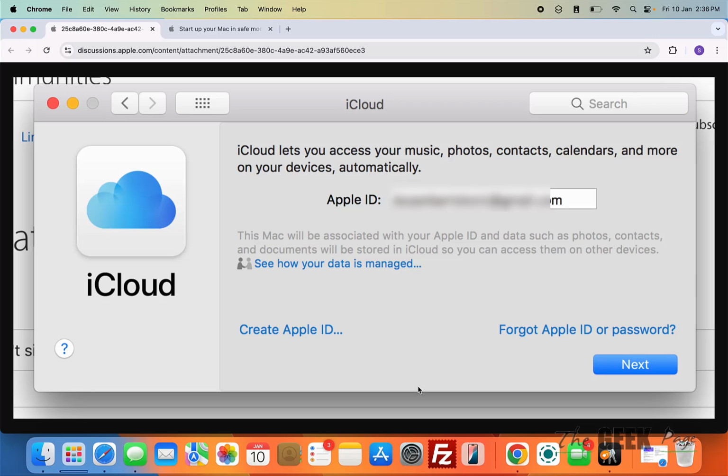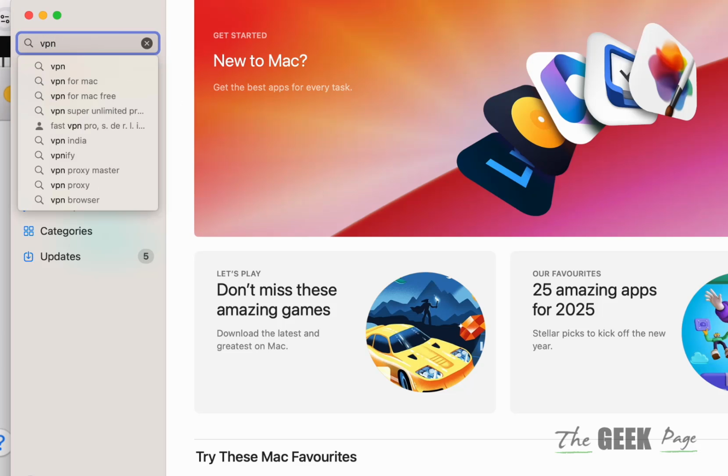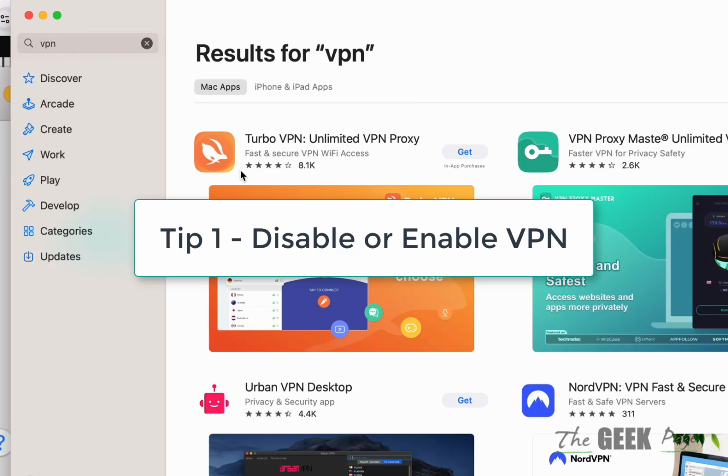First of all, if you are using any VPN, try to disconnect that VPN. And if you are not using any VPN, just try to install a VPN and use it. Okay, so you have to just install a VPN, because sometimes whatever IP you are using may be suspected as a spam IP on Apple server. So using a VPN, or if you're using a VPN, trying to disable it and using your original IP will